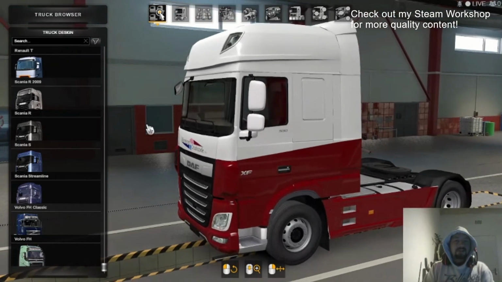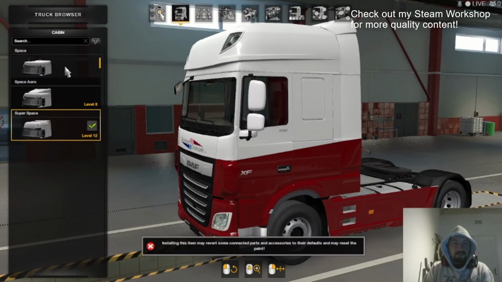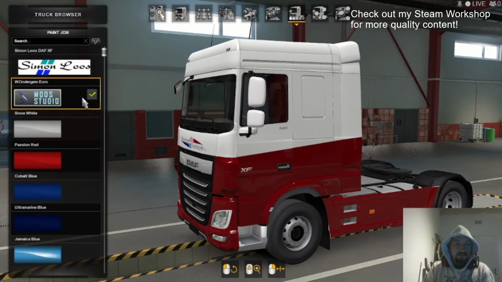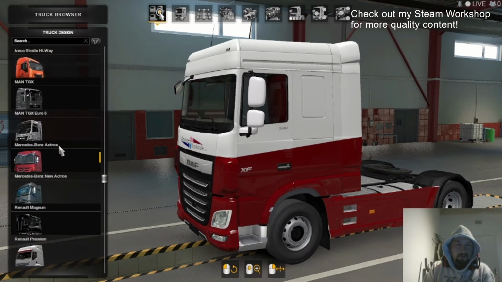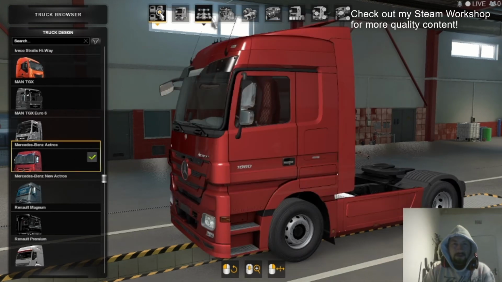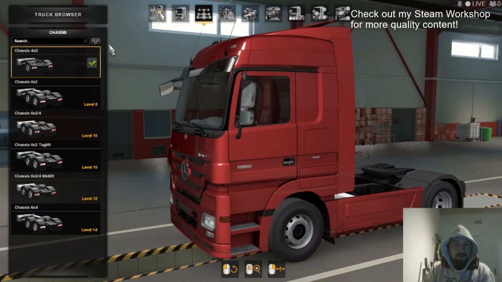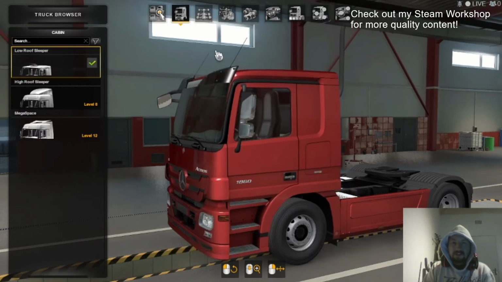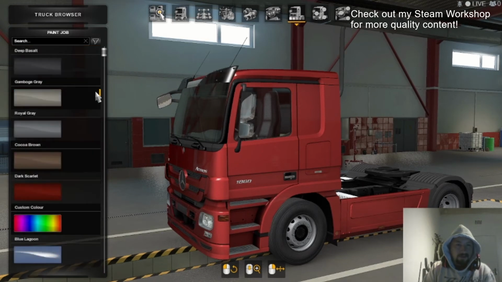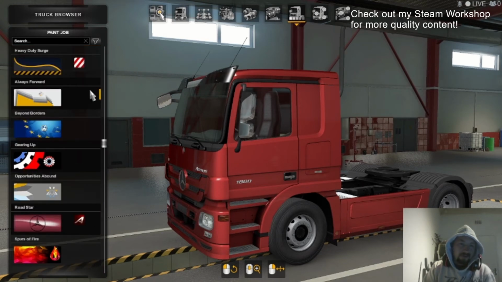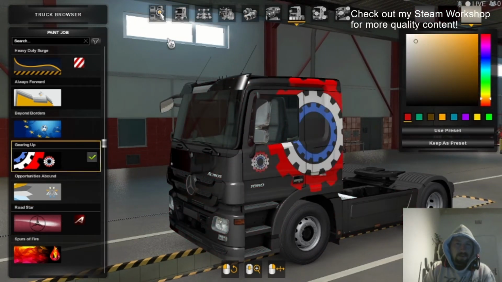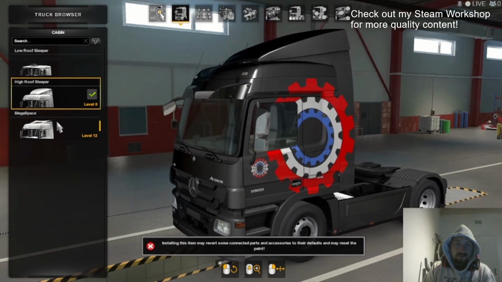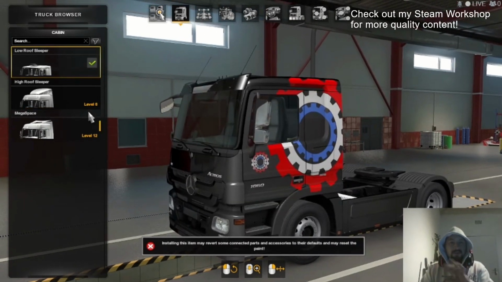So in some instances, when you change cabs and paint jobs, let's just choose another vehicle, maybe the Mercedes Actros, the new one. And let's go to basic cab, basic low roof sleeper, and we're going to choose, I don't know if it'll be applicable now, because it's not a mod. No. Okay, so this is an example of a smooth transition between cabs,